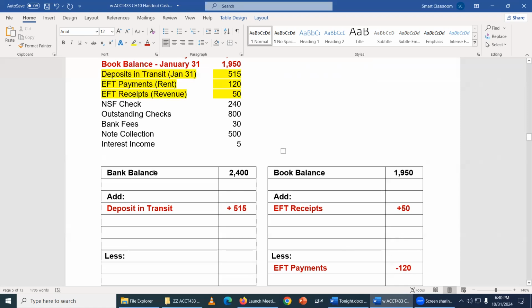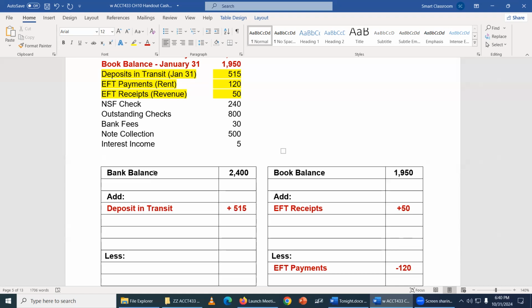Okay, we're down to NSF check. An NSF check is from a customer. This is not our check. So a customer gives us a check. We think it's good. We deposit it in the bank. We count it as a deposit. We add it into our cash. We think it's good. Maybe we check to see if it was good, and it was, but it comes back